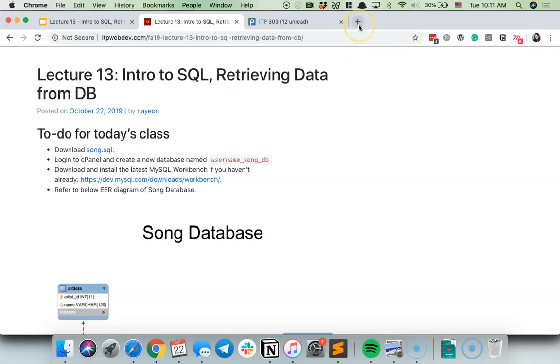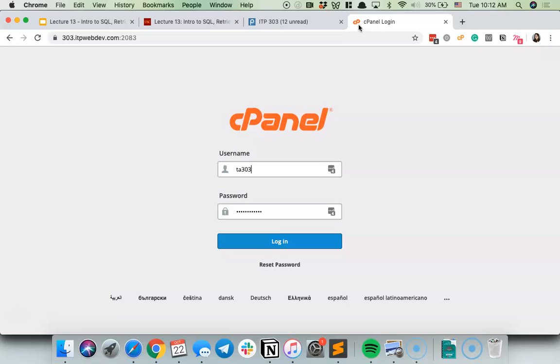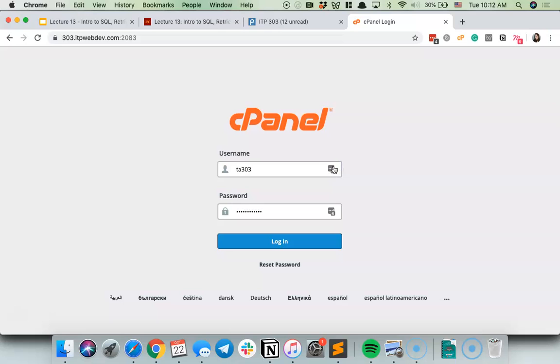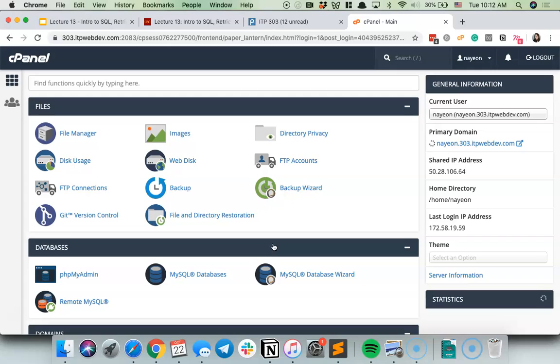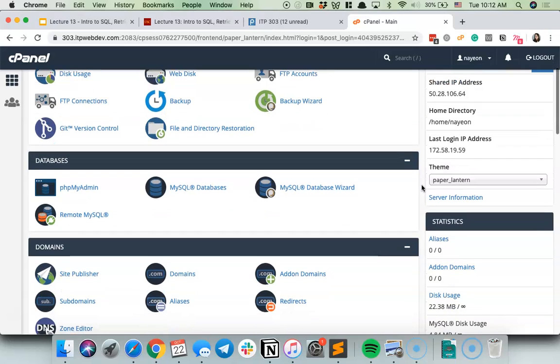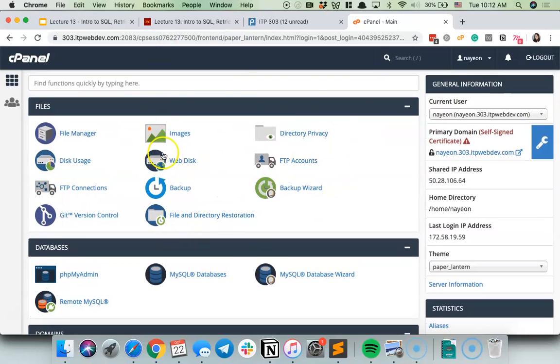Let's go ahead and first of all, we have to create a brand new database. So let's go ahead and go over to our cPanel once more. If you're wondering what the cPanel is, by the way, cPanel is another piece of software, and it gives us a nice user interface to do things on the web server itself. So not all servers come with this, but we've installed cPanel for you guys so you could interact with the server without having to run terminal or anything like that. So anyway, this is a friendly way for us to interact with the database.